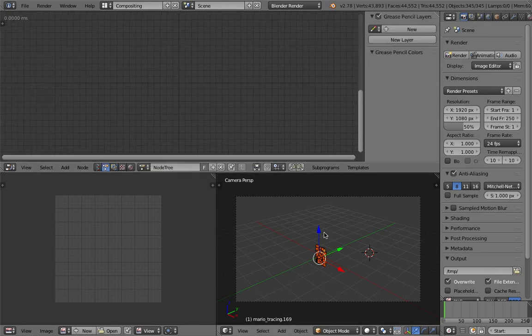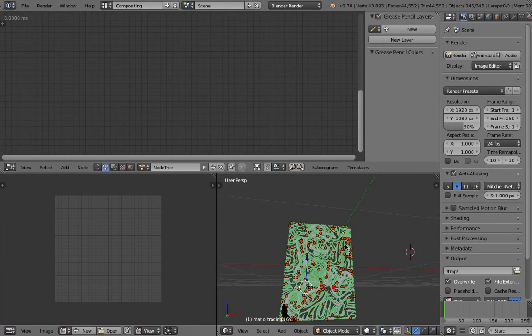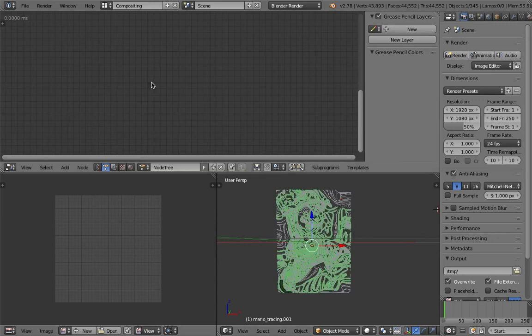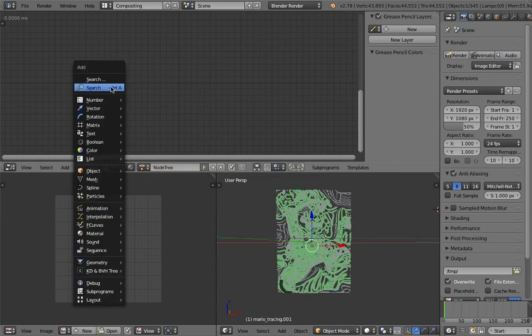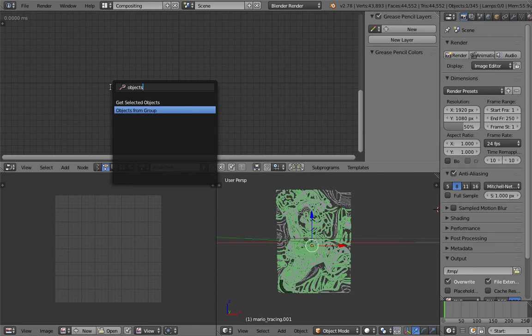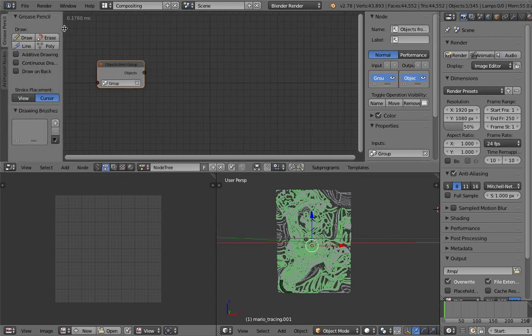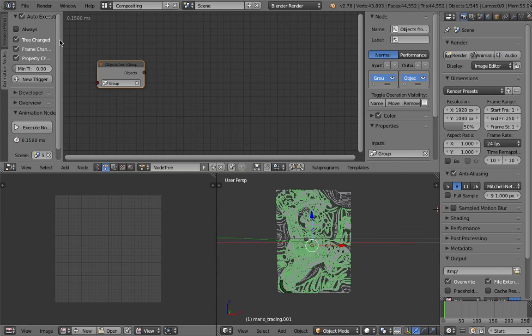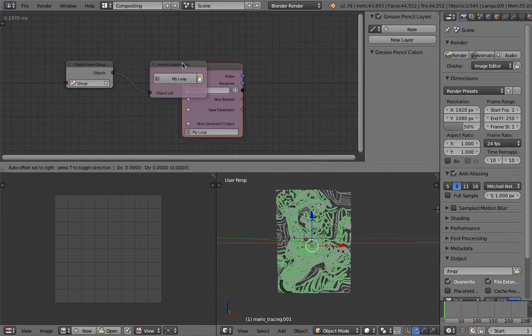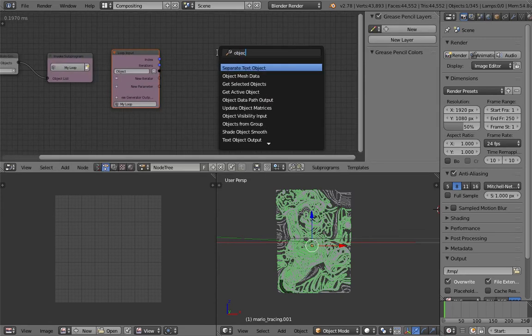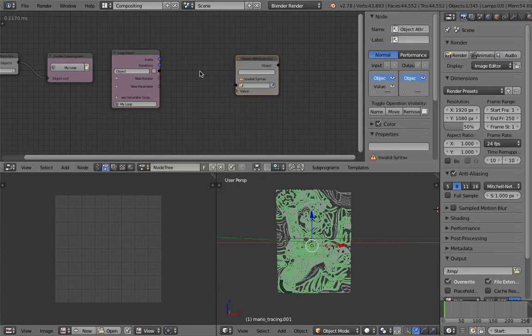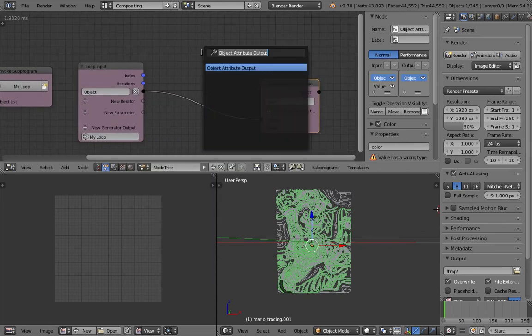Switch to animation nodes, and then we have this objects from group, and then we're gonna turn off auto, always do the loop. Objects, color, object attribute, color, plug this guy in, color, the value we just gonna randomize it,